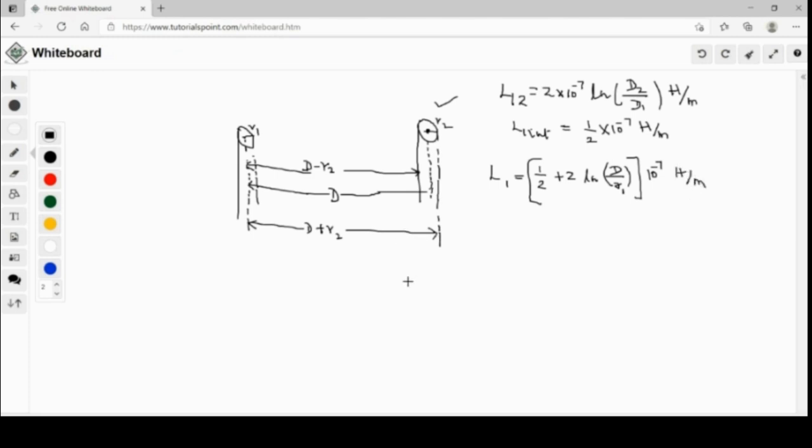Now the above equation can conveniently be written as L1 is equal to 2 into 10 raised to minus 7 into